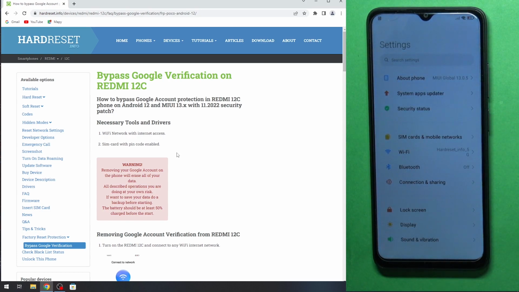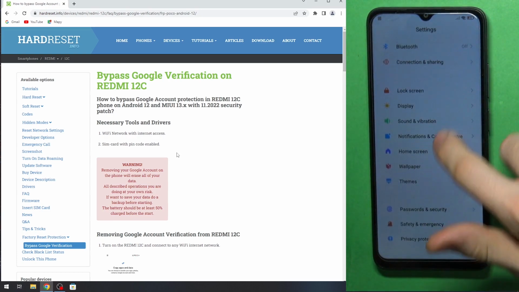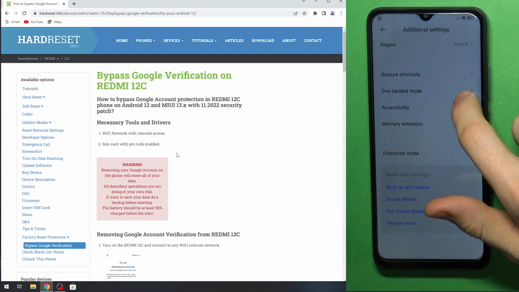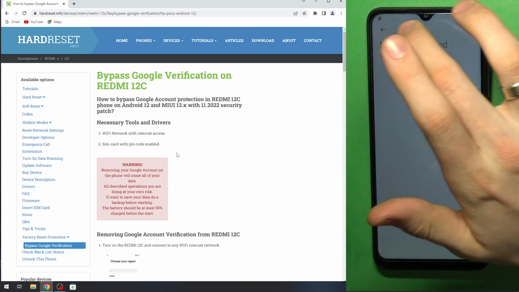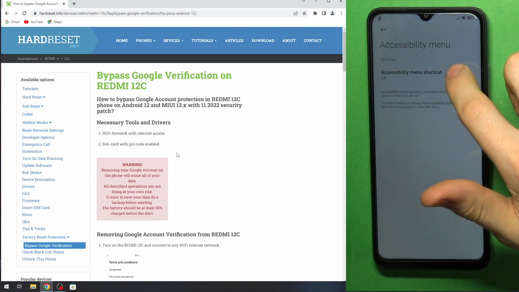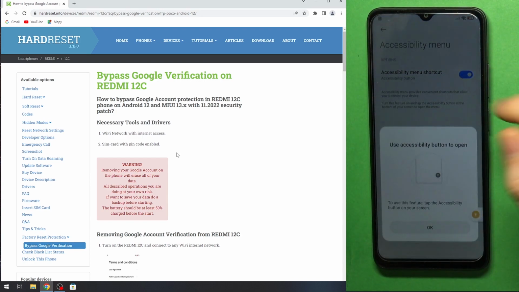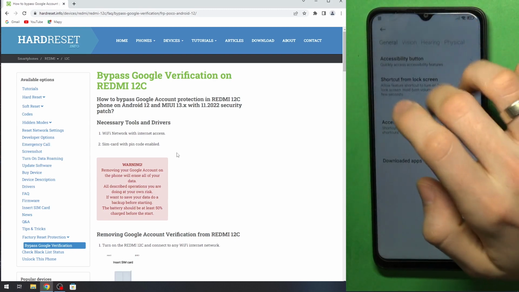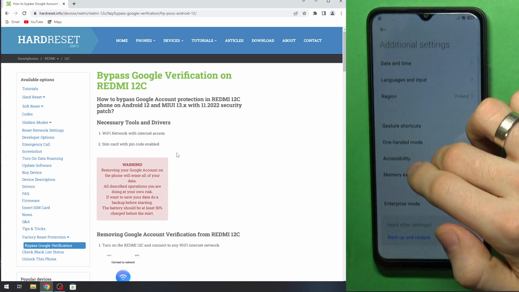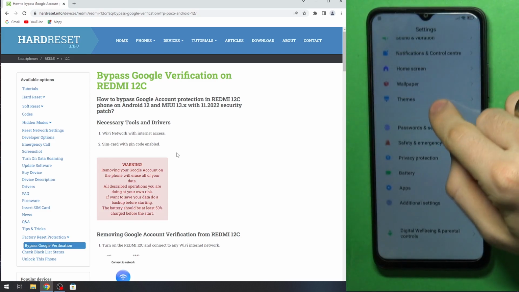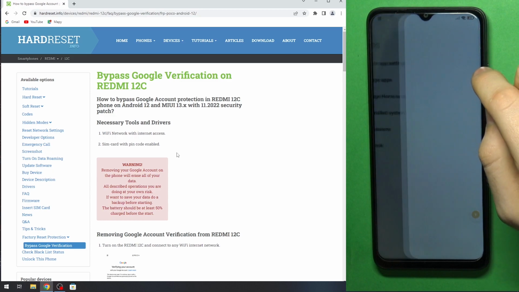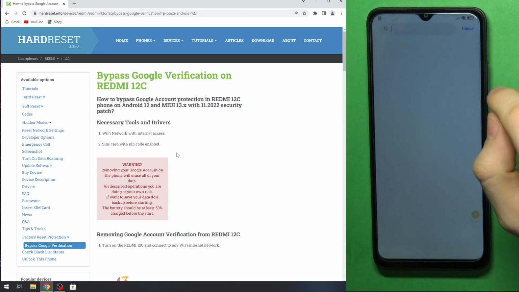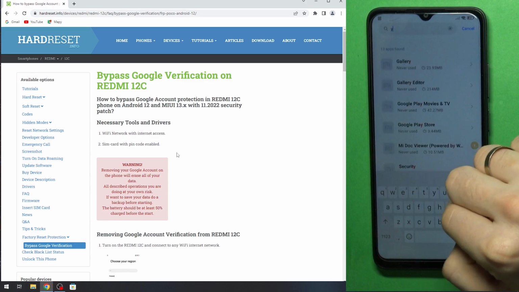Great. So cool. Now just scroll down, find here additional settings, scroll down again, find here accessibility. Oh, so sorry, not downloaded apps, but accessibility menu. Click accessibility menu shortcut, okay, go back. Now go back again, find here apps, manage apps, find here YouTube,